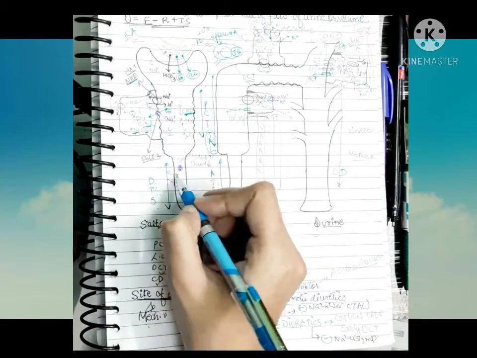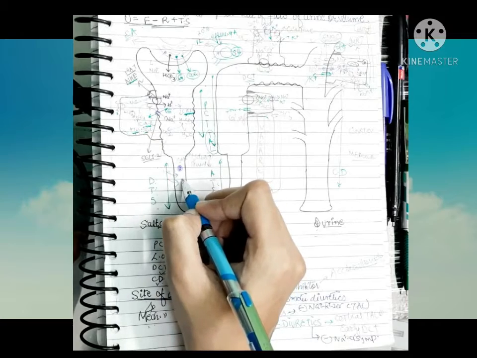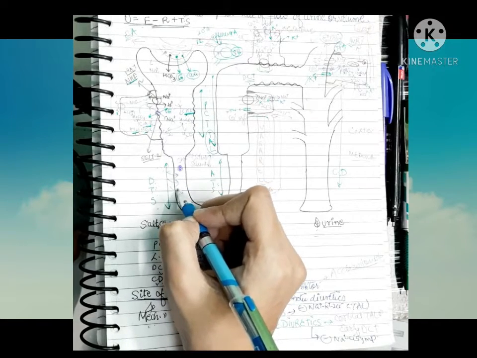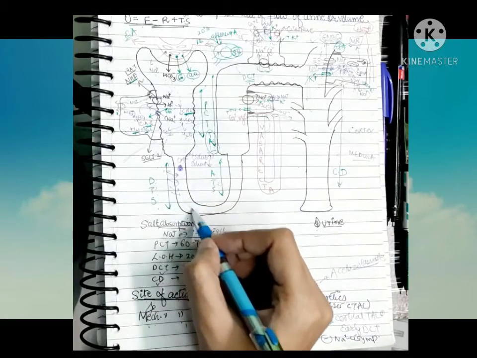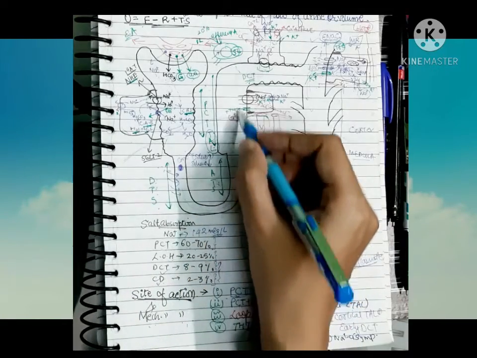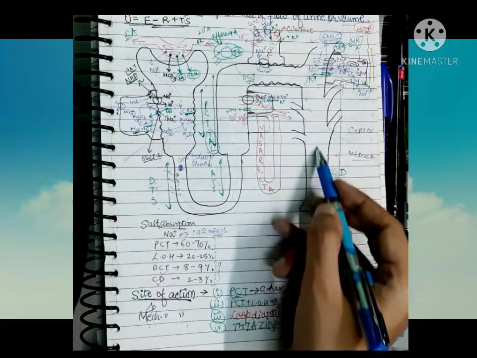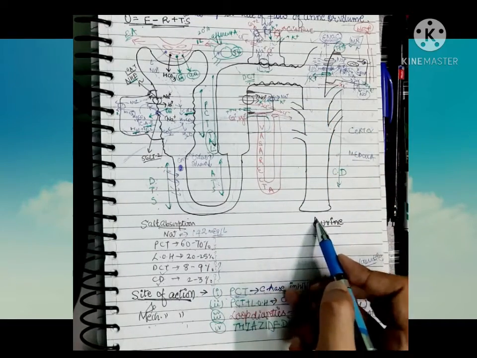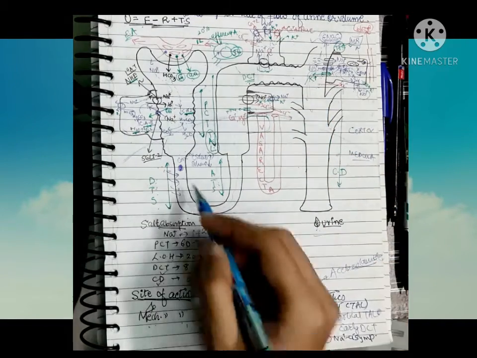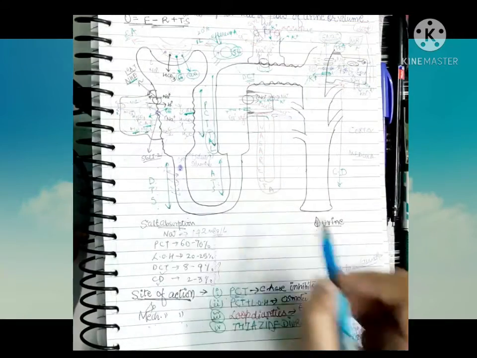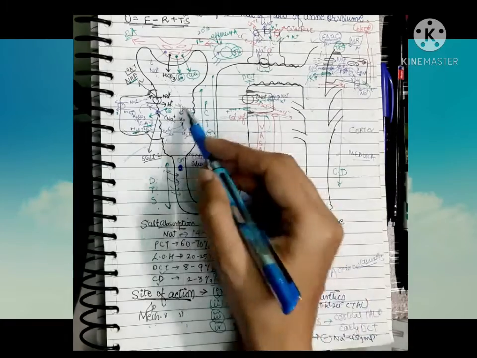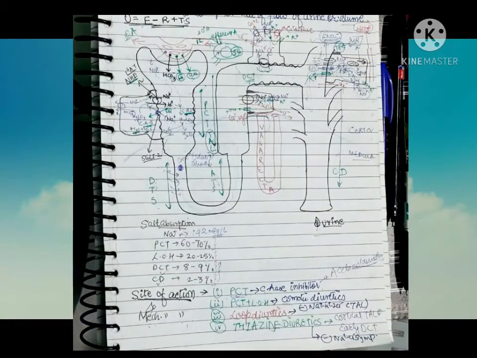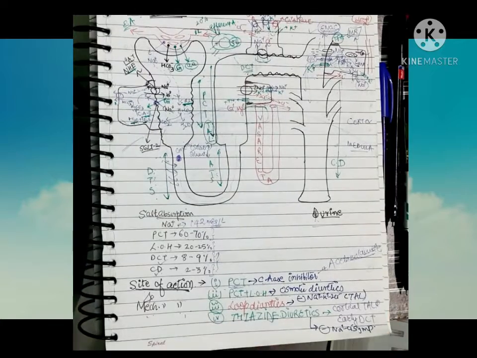And then the solvent content will be less in the mannitol, so there will be movement of water from the basolateral side to the luminal side. So there will be pulling of water if we give this mannitol, and water will move all the way towards the nephron lumen and be excreted via the passage of urine. So this is the other mechanism of mannitol, acting as an osmotically active substance. It helps in diuresis. Okay, so it will act at the level of the PCT and at the level of the loop of Henle. So they are known as the osmotic diuretics.